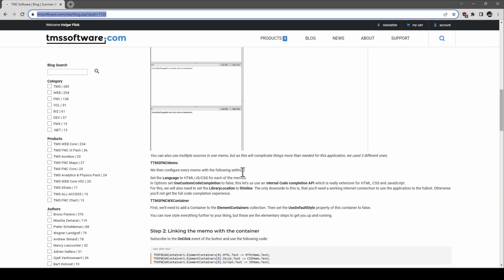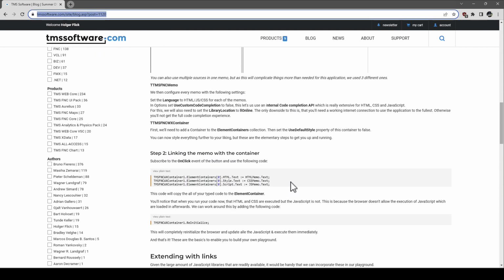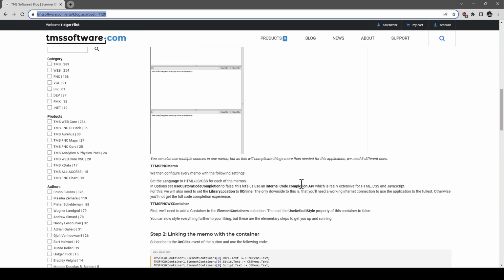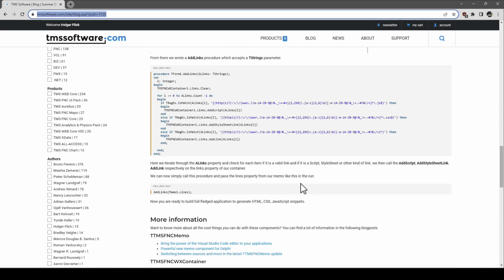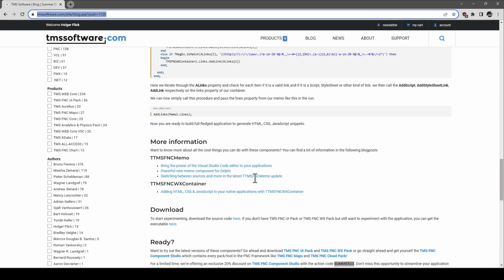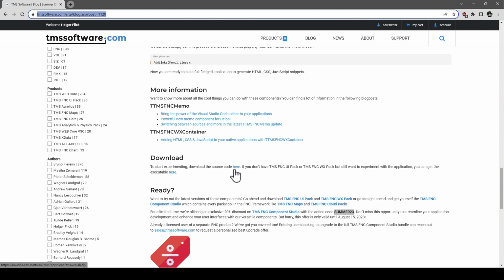And have a look at this blog post right here. The URL is in the video, and I'm quite sure TMS is going to put it in the comments as well. It sums up nicely the basic functionality of the example shown. And if I triggered your interest, you can download it right here. You can download the source code, or you can also get a compiled executable for Windows.